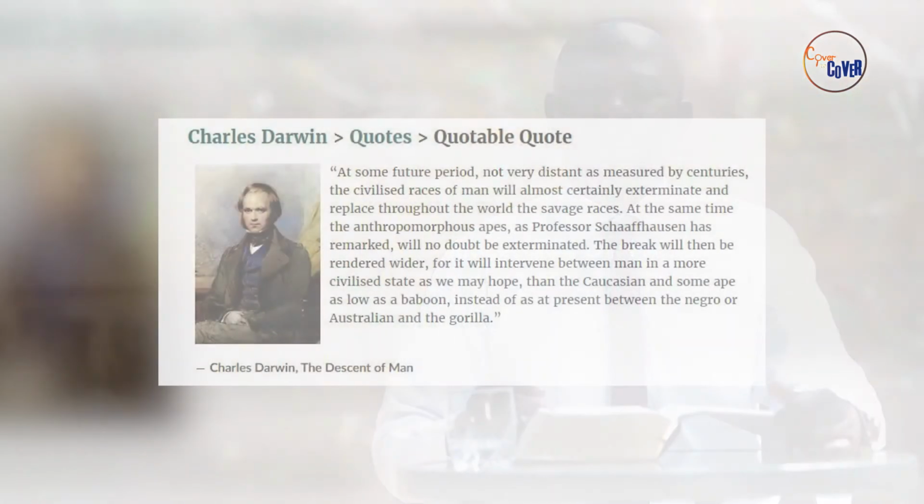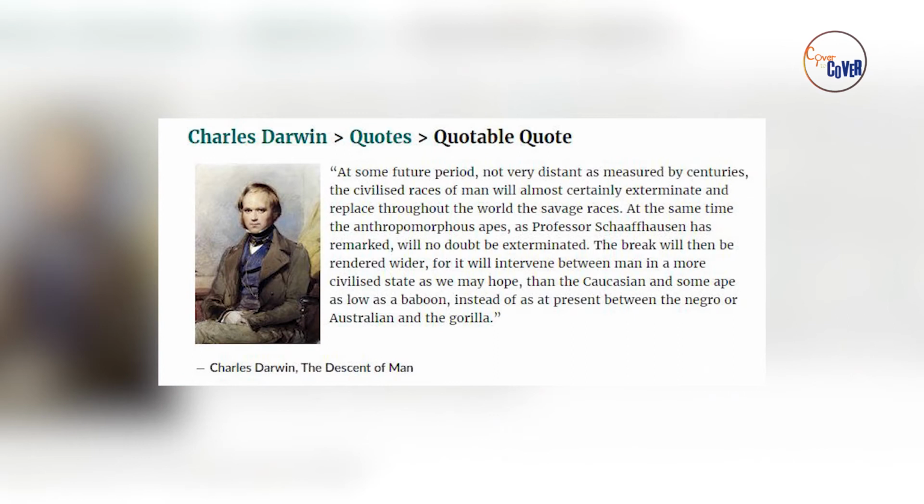But those who don't understand it have used it to spread even some very weird philosophies. And evolution specifically cannot explain the skin color. And that's why the likes of Darwin have come up with very absurd statements. For example, in this statement in his book, The Descent of Man, it says, at some future period, not very